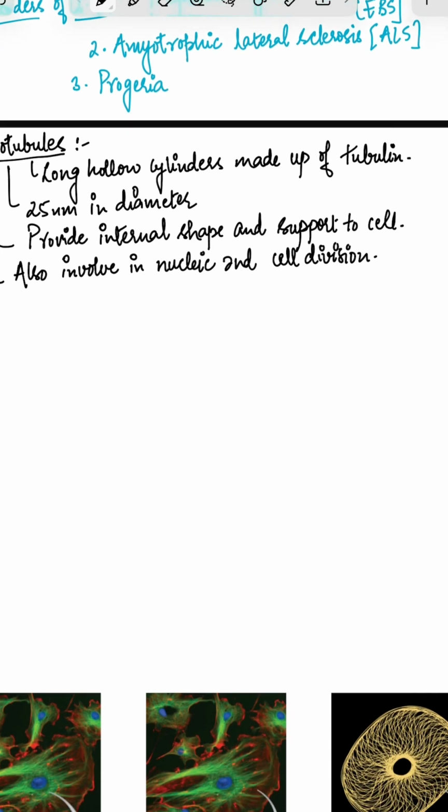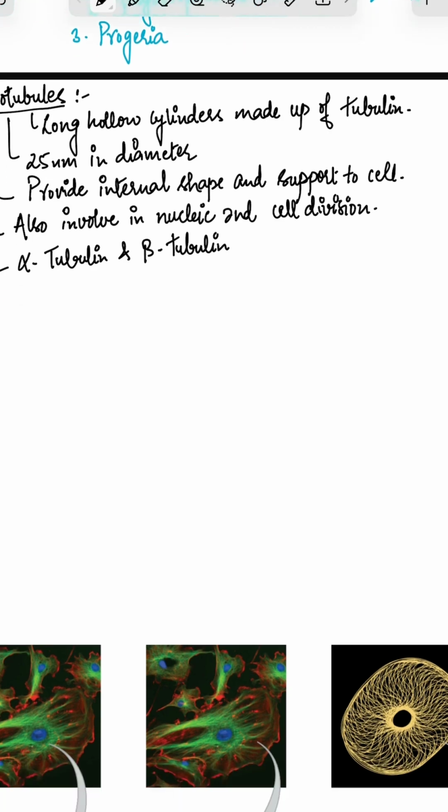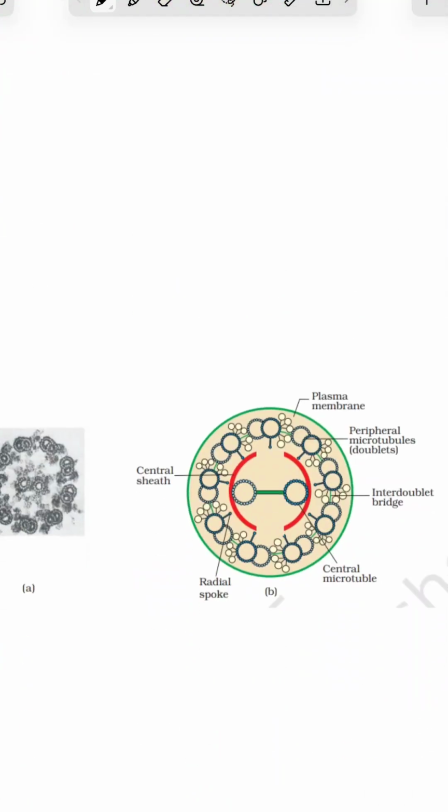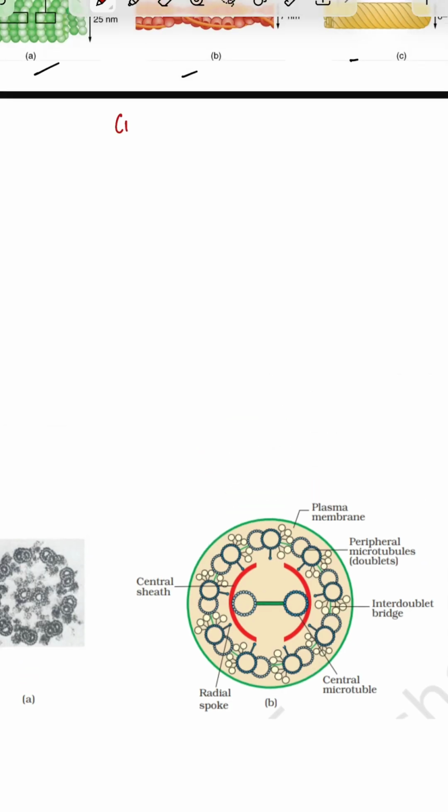And types, if we consider, there are basically 2 types of tubulin. One is alpha tubulin and the second is beta tubulin. When tubulin heterodimers are formed, and multiple tubulins join, they form a protofilament, and these microtubules have plus and minus ends. Next cytoskeleton is cilia and flagella,